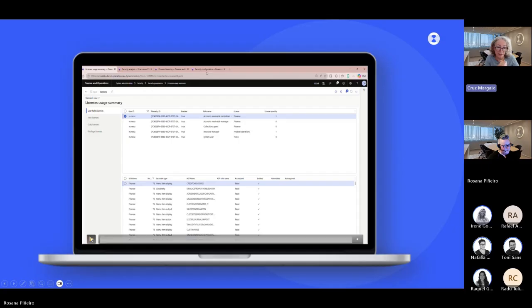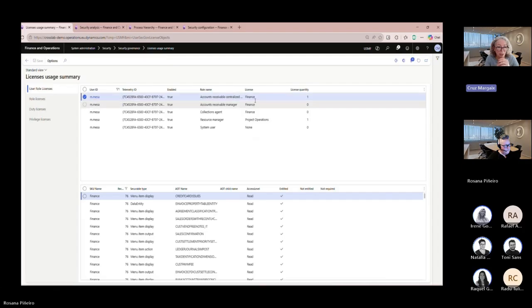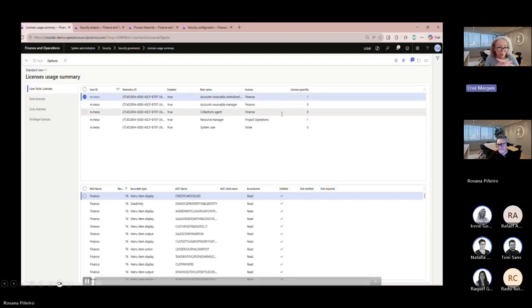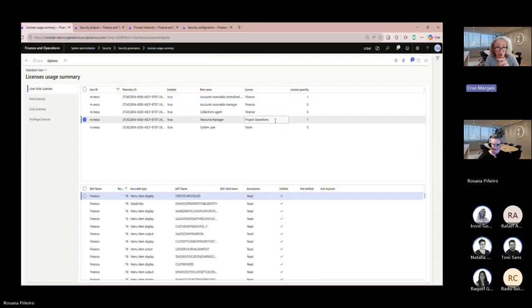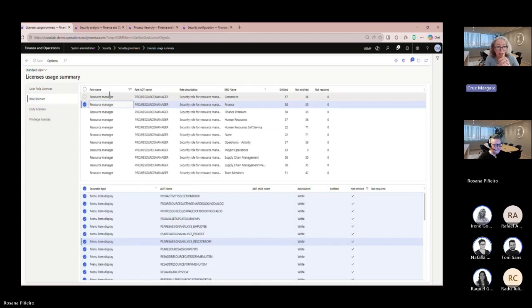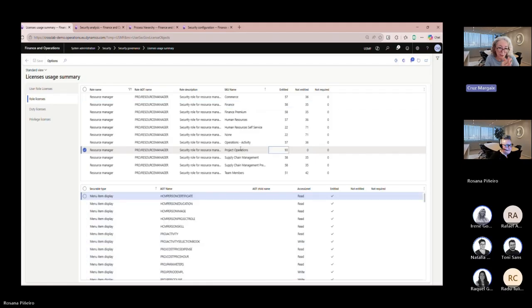So let's see, in this demo, we are going to see how we can adjust the licenses. Let's say we've got this user. This user has a requirement of 2 licenses, finance and project operations. If we take this role, resource manager, and we filter here, then we can say that, yes, this role is fully covered by the project operations license.